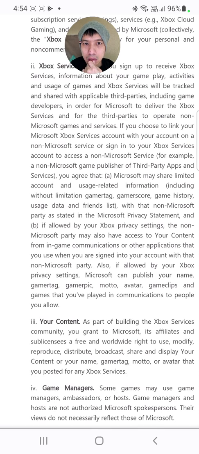If you choose to link your account on a non-Microsoft service, you agree that Microsoft may share limited account and usage related information. So there's a specification here. Limited account and usage related information, but here's the word, including without limitation. Okay, but so the bracket here is usage related information and limited account. What are the things that are outside of that scope? For example, your credentials probably would be outside of that scope, right? Or would it be not? With that non-Microsoft party as stated,